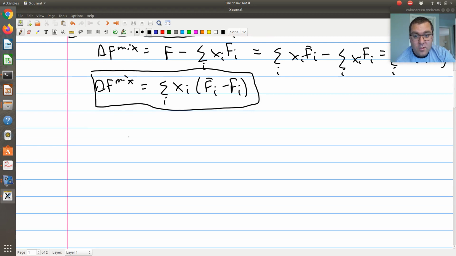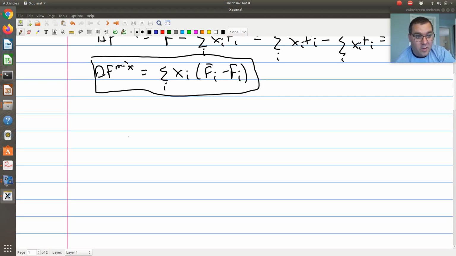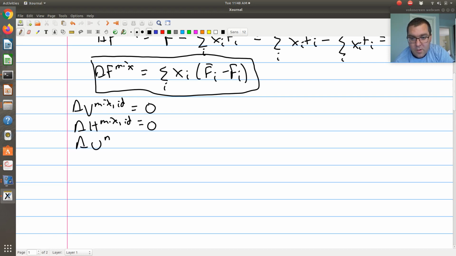All right. So our property changes upon mixing for an ideal gas will be equivalent to that of an ideal solution. So when I write our property changes upon mixing for an ideal solution, I'll put a superscript ID, just as we had for ideal gas before. And so remember, for an ideal gas, the delta V of mixing for an ideal solution is going to be equal to 0. Delta H of mixing for our ideal solution will also be equal to 0. And delta U of mixing for our ideal solution will also be 0. Okay? And it makes sense.